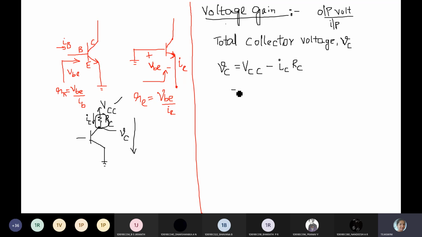Now, as all of you know, there are two collector currents here. AC is superimposed on DC. So what is the total collector current now? Total amplified current. Which are those two? Capital IC, the DC, and small IC, the AC. So capital IC is a DC current plus small IC, the signal current, into RC.